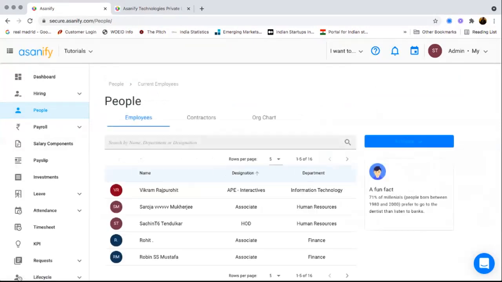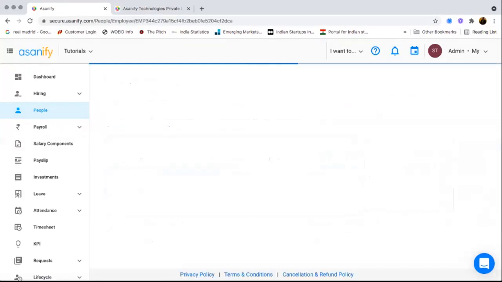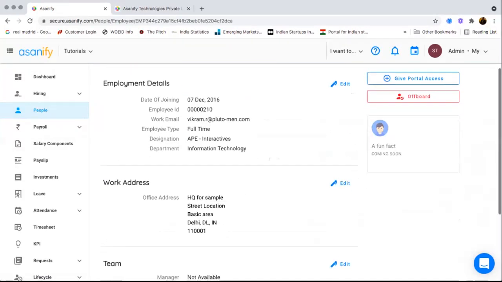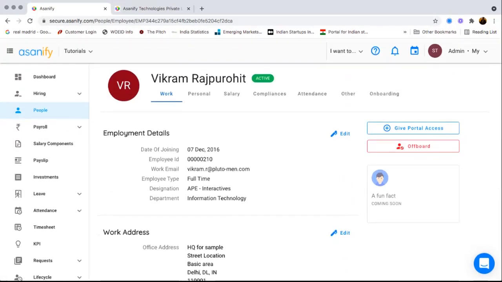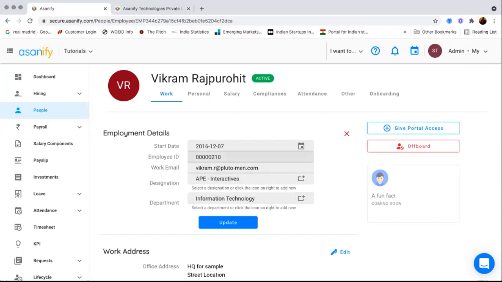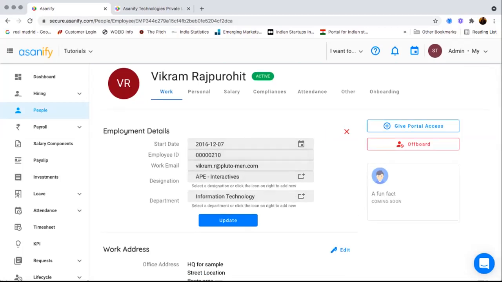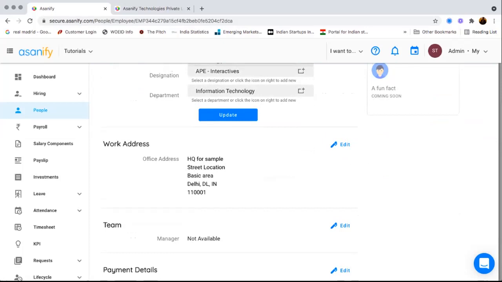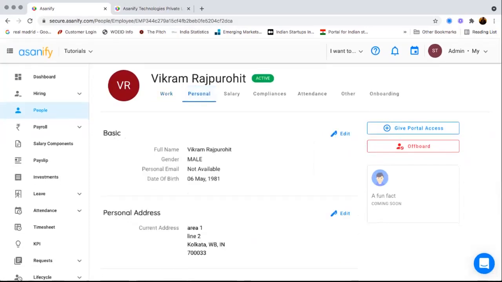So salary information for an employee looks like this. So just click on an employee. As we saw, this is like a Facebook-like profile, and once you add the employee, you can just give them portal access. You can edit the employee's profile very easily. Anything can be changed, email, work address, and so on. The other good feature is all the employees' personal profiles can also be edited by the employees themselves. And you will just have to approve the request.